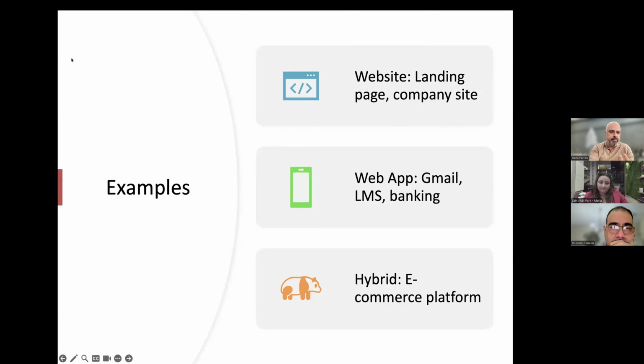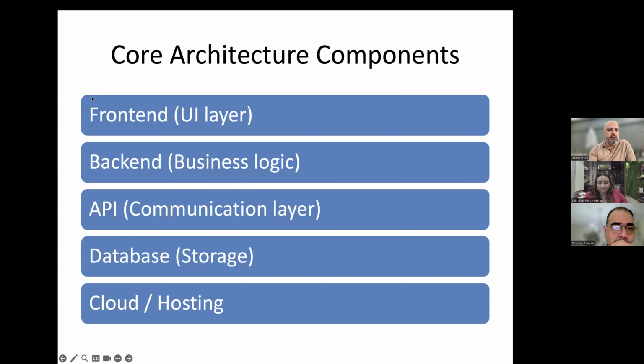Now, of course, mobile applications are everything that resides on your mobile. Sometimes for the same industry or for the same business, you have a website, a web application, a mobile application, and other components. It depends how you really want to reach your users. For the web application, there's always a front end layer, which is what you see. And then there's a back end layer, which is basically the business logic. This is the server. This is where your business is happening, the if else, the workflows, etc. And there's an API layer that glues the back end to the front end.